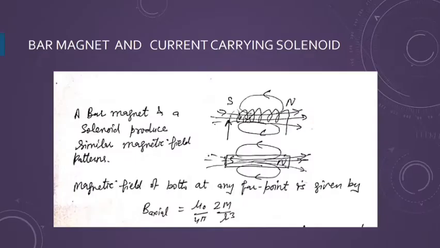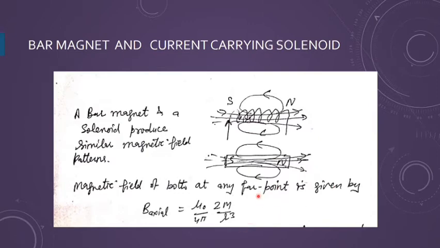Moving ahead, if you want to draw the magnetic field lines because of the current carrying solenoid or because of the bar magnet, you can see that the magnetic field lines come in the same way, and the magnetic field on the axial line also comes out to be the same. So this is just to keep in your mind. Even if they ask about a bar magnet or a current carrying solenoid, both produce similar patterns of the magnetic field, and the strength of the magnetic field at a given point also comes out to be the same. This you need to know.